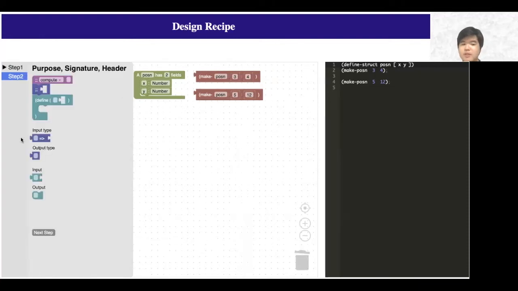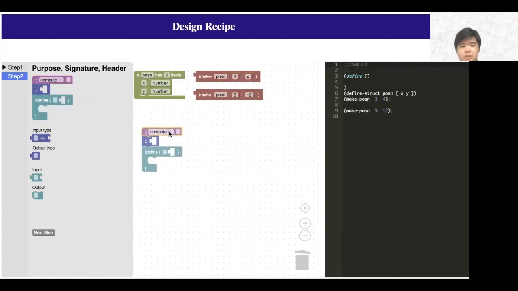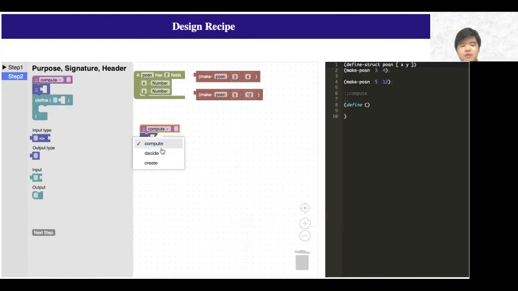Having created data examples, we proceed to step 2. In step 2, we write the purpose and signature of the function and develop a function header, again using blocks. The purpose block provides several options of the verb, such as compute, decide, and create. So here, the purpose sentence is computes the distance